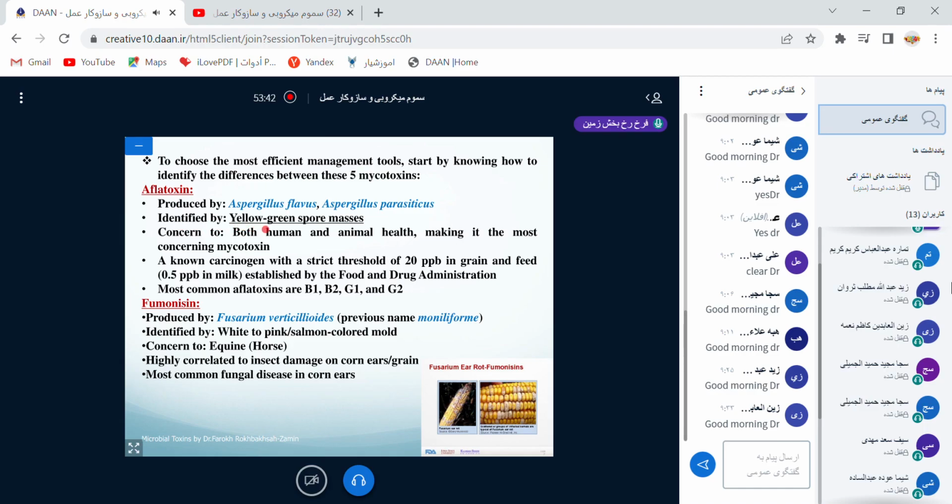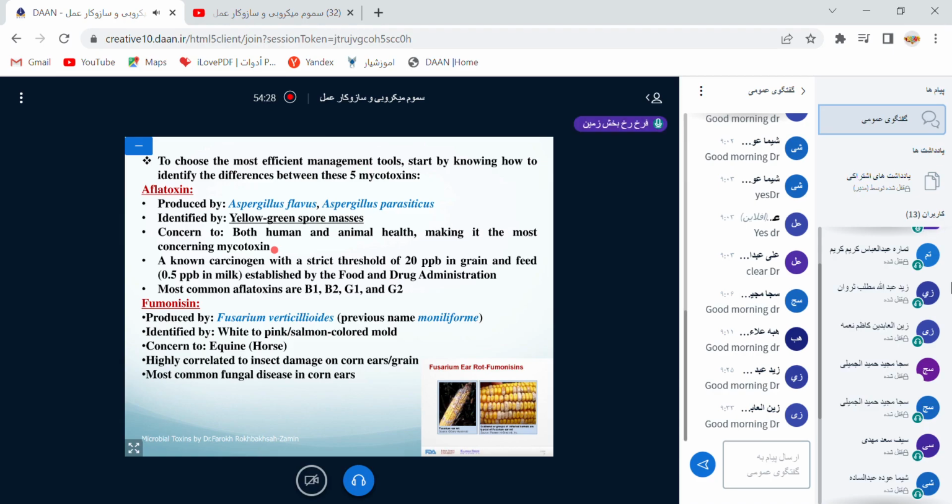Identified by yellow-green spore masses. When we look at a corn, if there are yellow-green spore masses, the most probable cause is Aspergillus, which can produce aflatoxin. It is a concern to both human and animal health, making it the most concerning mycotoxin. So the most concerning mycotoxin is aflatoxin,